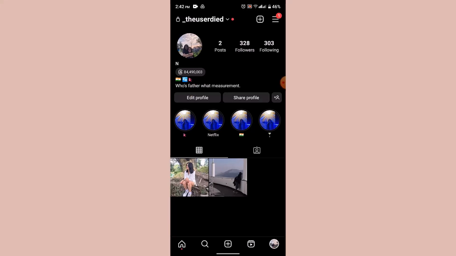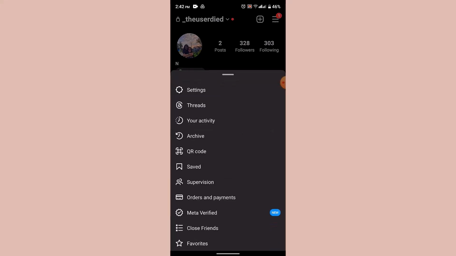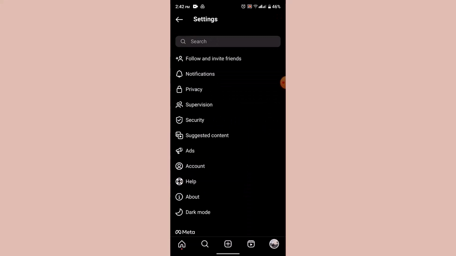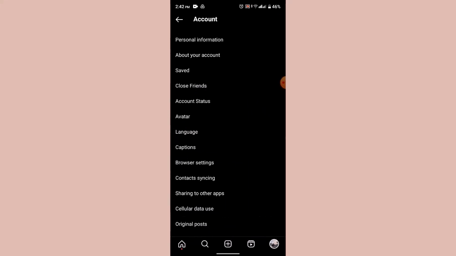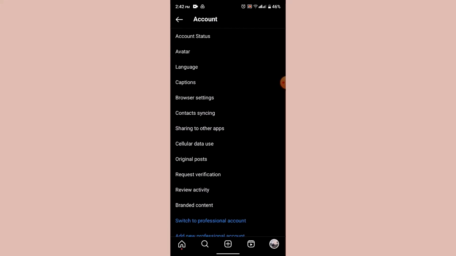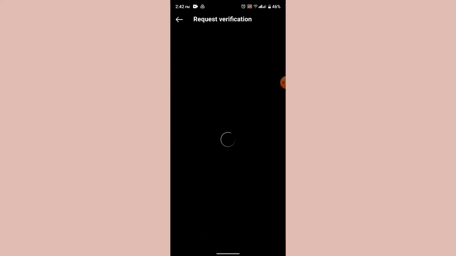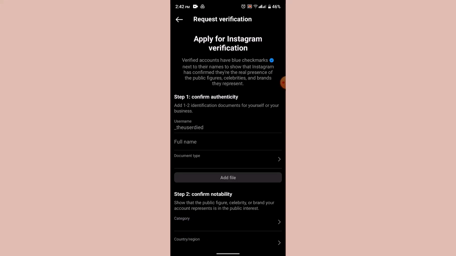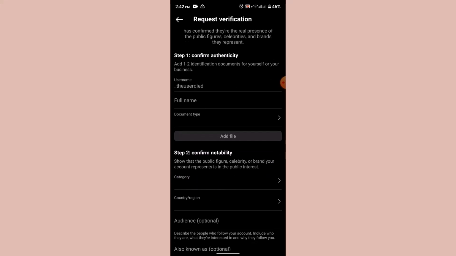In order to apply for it, you need to go to your Instagram profile. After that, go to the three lines icon and आपको settings पर click करना पड़ेगा. And scroll down and click on accounts. After that, आपको एक option दिखाई देगा, वहाँ पर है request verification. So आपको ये click करना पड़ेगा and if you meet all of the eligibility such as all of these information,